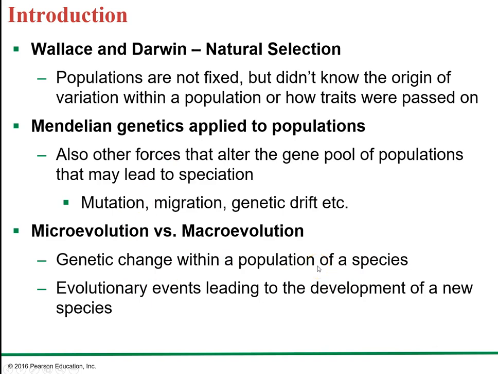Same species, a population is composed of all of the same species. Those changes may or may not lead to macroevolution, where you're then going to talk about the development of new species. So what Darwin talked about really was macroevolution, right? He was observing all of these new species that occurred and talking about theories of evolution and how the environment